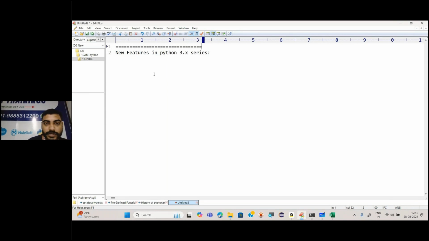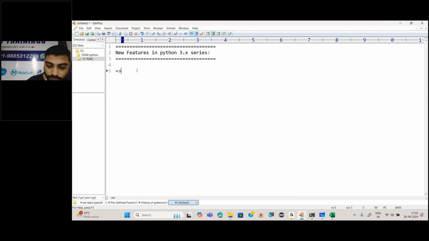Now also we have lots of new features in the 3.12 version as well, right? But what are the older features that they introduced in the 3.x series, right? I will go for the first one. The first one is type hint.